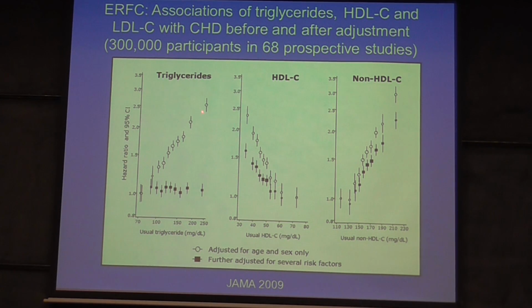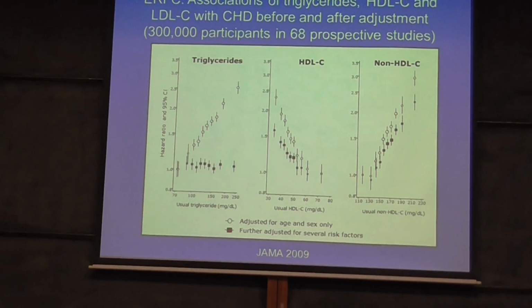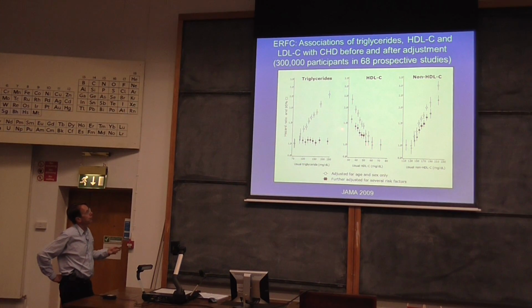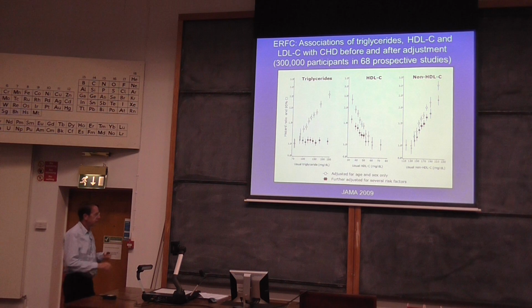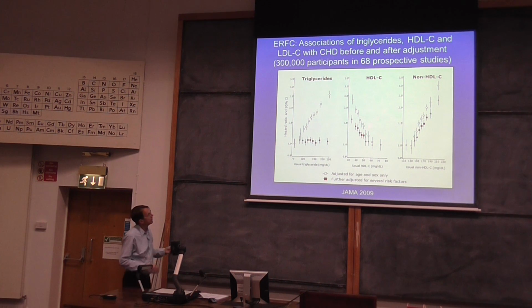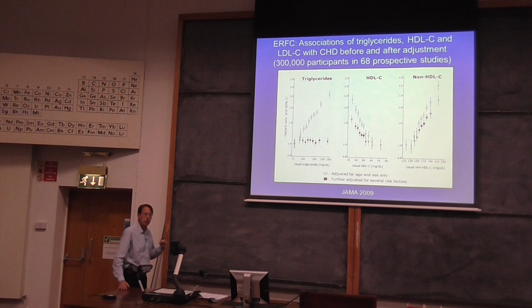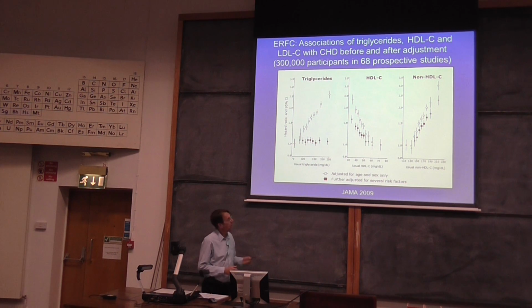The HDL cholesterol is an inverse association. So the higher your HDL cholesterol, which is higher in women who have lower rates of coronary disease until menopause, increased by alcohol, increased by exercise, both of which are associated with lower rates of coronary artery disease, the higher your HDL cholesterol, the lower your risk of coronary artery disease. And the black squares are showing the impact or the lack of impact of adjusting for other potentially confounding risk factors. So for HDL cholesterol and non-HDL cholesterol, these appear to be independent associations. Whereas for triglycerides, when you adjust for other factors, the association goes away, suggesting it's not an independent causal risk factor. So on the basis of this, it looks as if one can get benefit not only from lowering LDL cholesterol, but also from increasing HDL